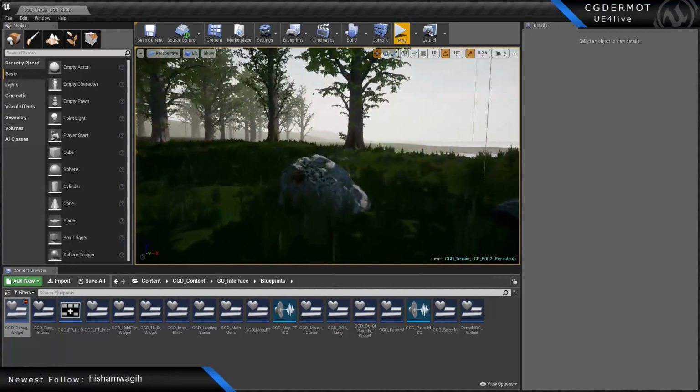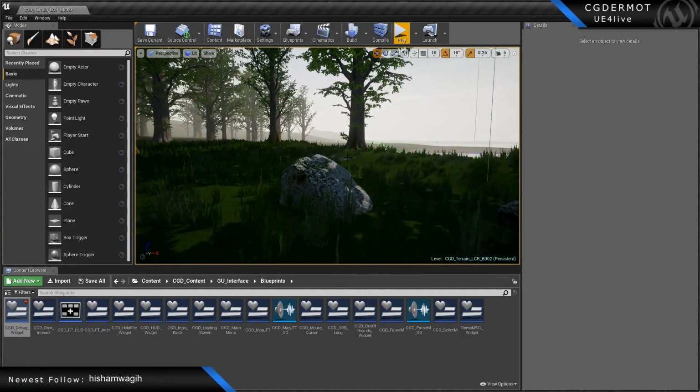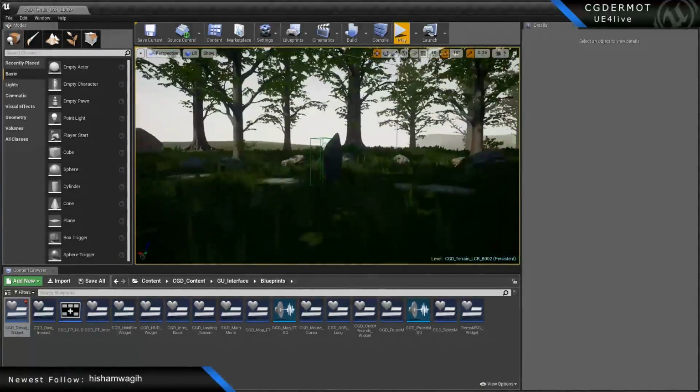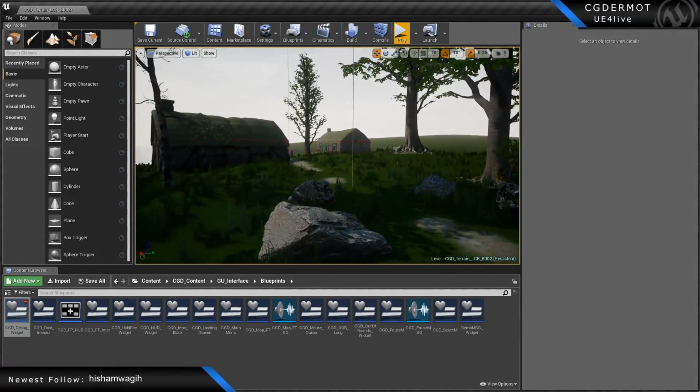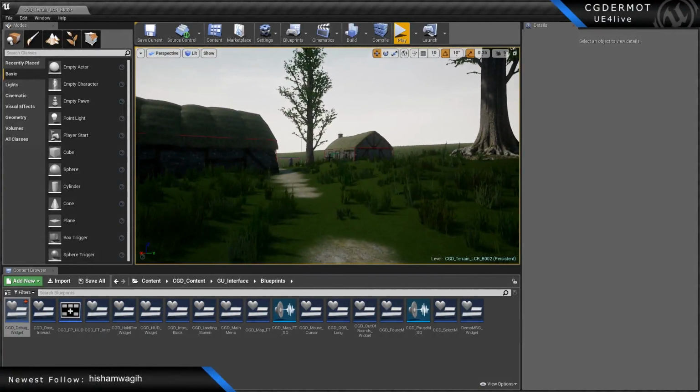Like these rocks will have a cull distance starting from a minimum of 1,000, and they're gone when we get to 10,000. Other things of that size you want to be culling basically as often as possible. Another thing worth noting is that if we go